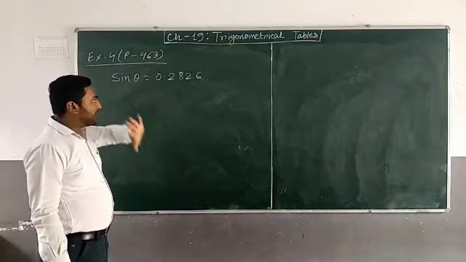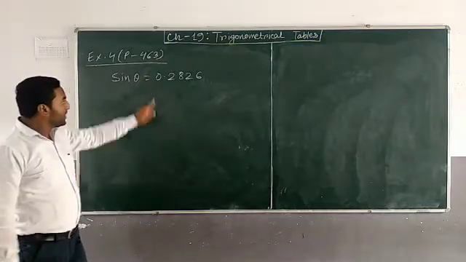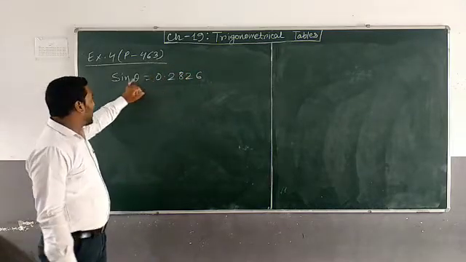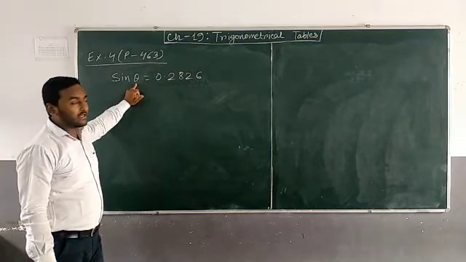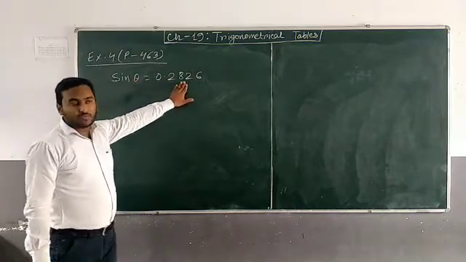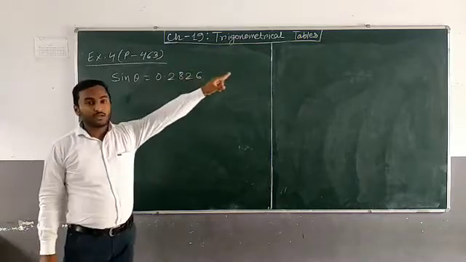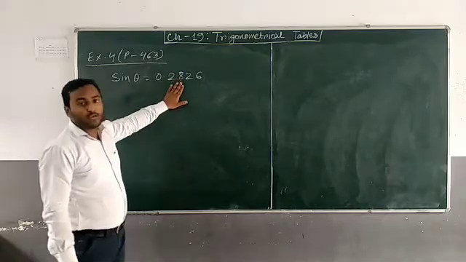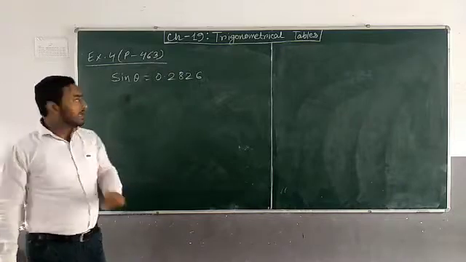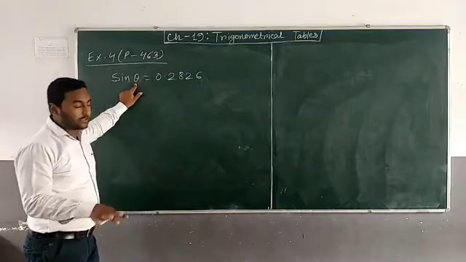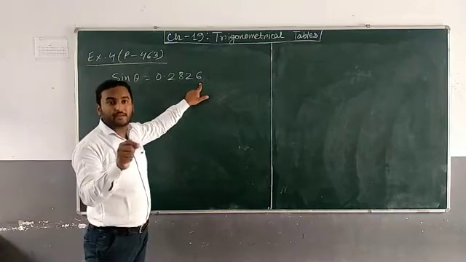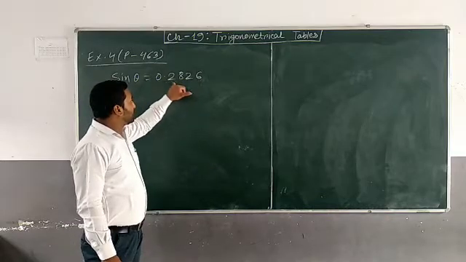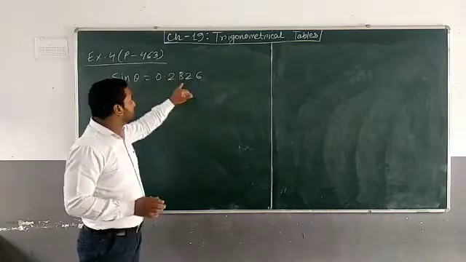So how will we find that angle theta? This is not a value from the standard table, so we can't write 0, 30, 45, 60, 90 here. You have to see the trigonometrical tables. First step: if exactly this value, 2826, is in the table, then you can write the angle exactly. But if this value is not exactly in the table, you have to see the nearest preceding value.